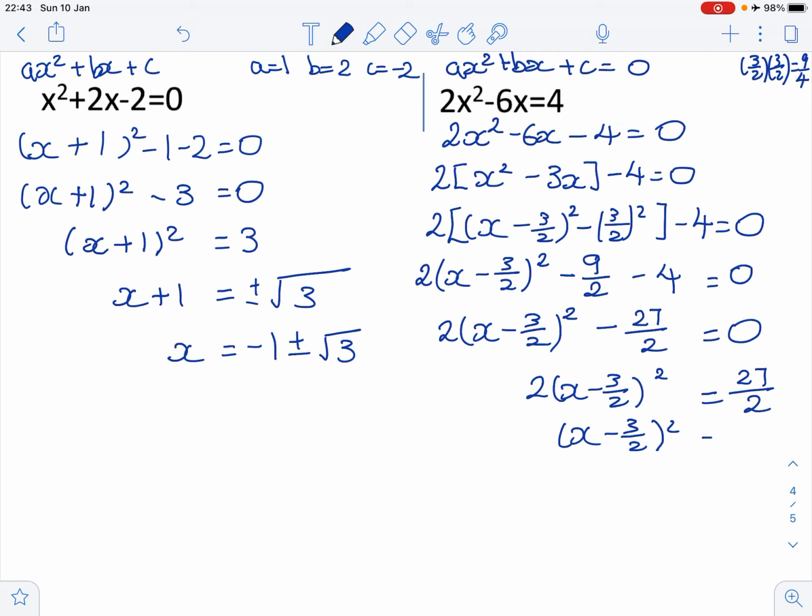Then divide by 2 on both sides. Then square root both sides. And finally, add 3 over 2 on both sides. So x equals 3/2 plus or minus root